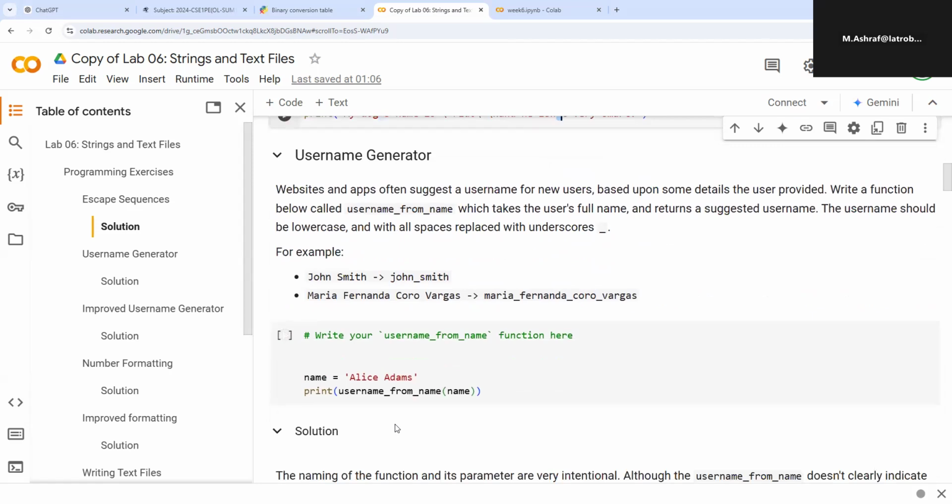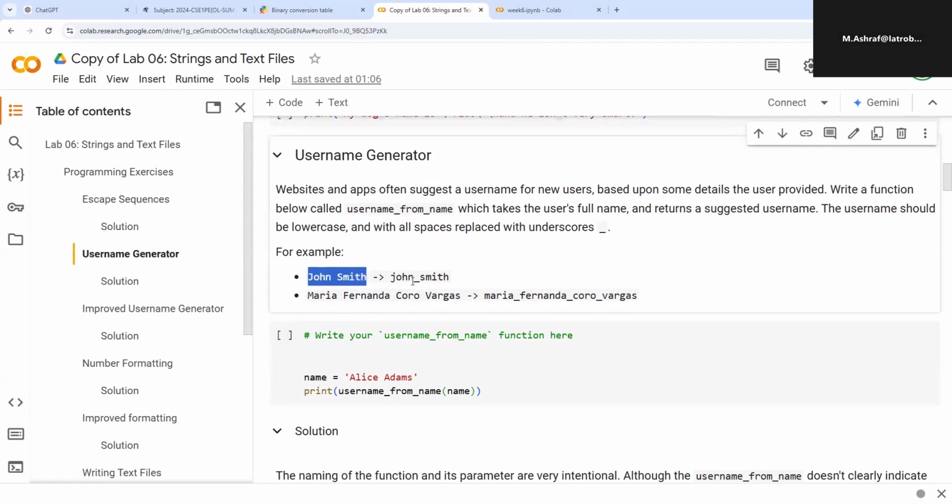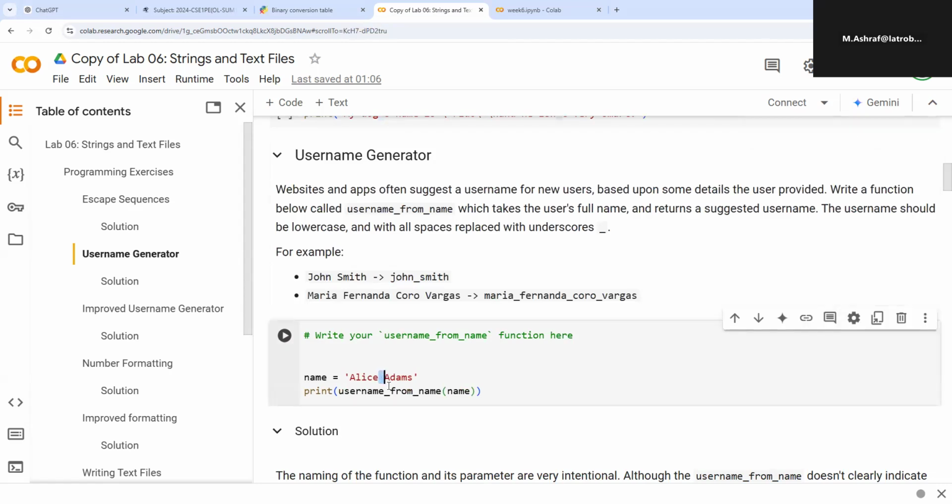Now, the second example is actually a name generator. For example, John Smith, I want to print John_Smith. So any white space in a name would be replaced by an underscore. You have to write a function to do that, like username from name. If I pass the name Alice Adams as a parameter of this function,